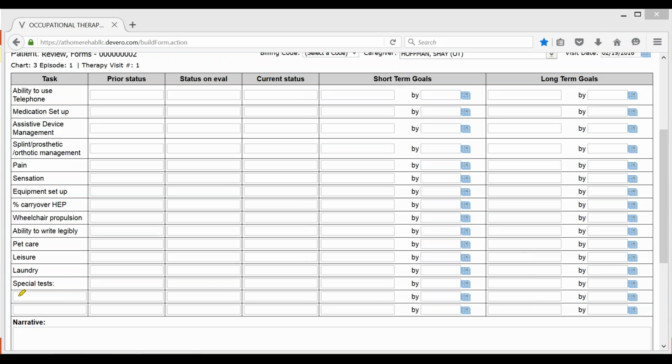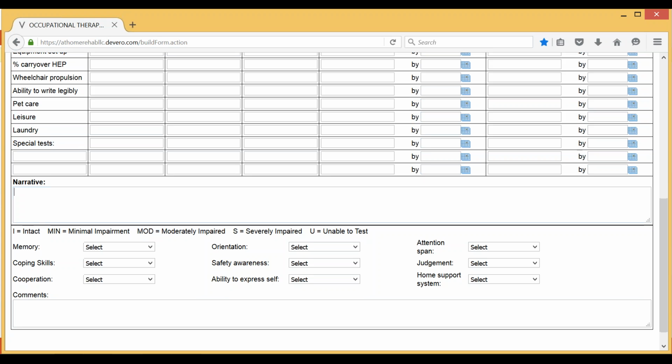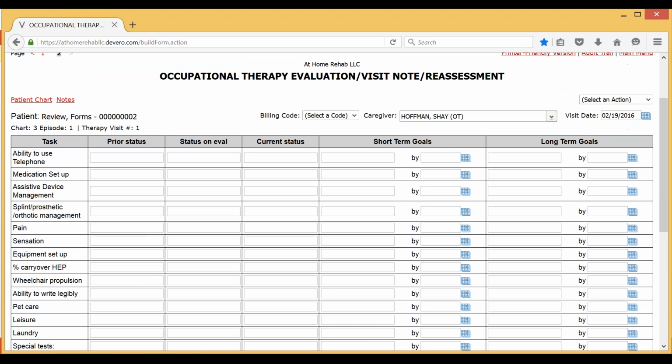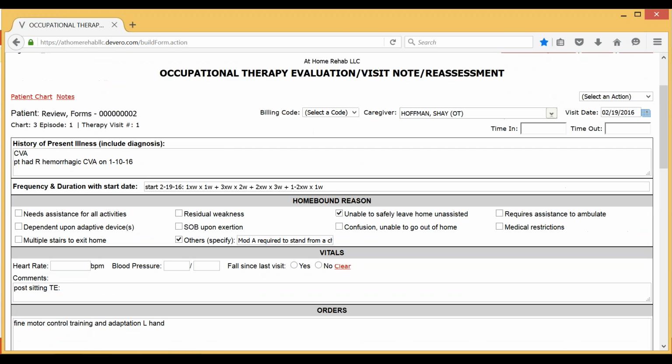You can fill in what you want there. If you did any special tests that you want to document across the row, you can fill those in on your eval and then continue on. As you continue on through the notes, you're going to have carryover for all these columns, and you can make changes to your goals, etc., and then write in the narrative section what changes you made. If the goal was met, right in front of the goal, you can write the words "goal met" in all caps. If you are choosing that to be a met goal, if you want to change the goal and you think they have further progress to go, you can actually change the goal, and then you would write that in